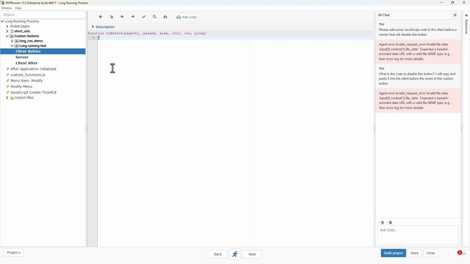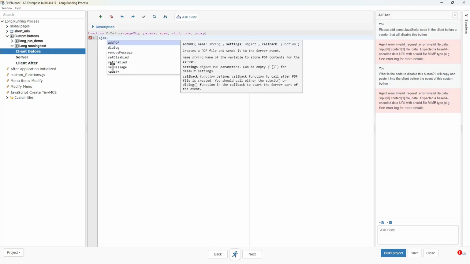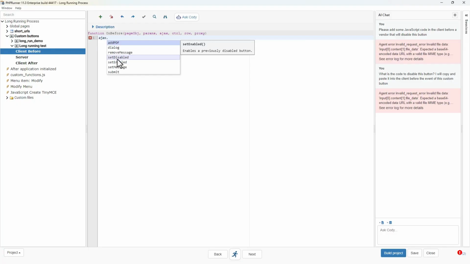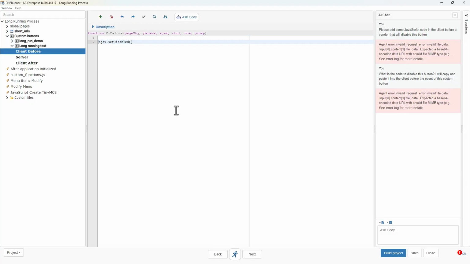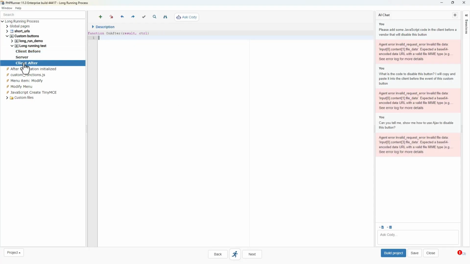move forward manually. We will use ajax.setDisabled in the client before event, which gracefully disables the button as soon as it's clicked. Then, while your long-running server process is executing, the button remains locked. Crucially, once the process completes, you must remember to re-enable the button in the client after event. To do that, we use